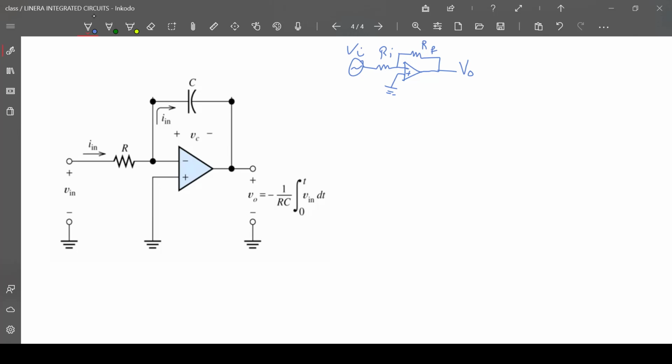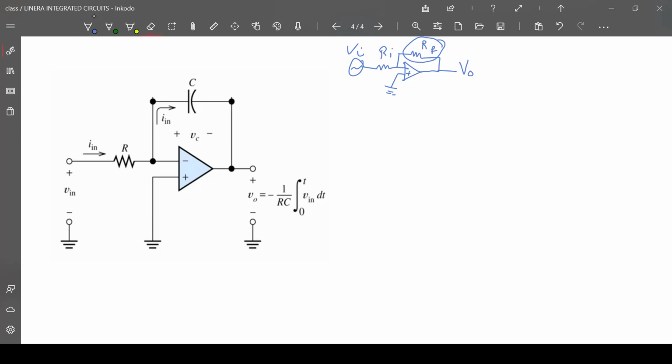Okay, so in this inverting amplifier circuit diagram, I am going to remove this feedback resistance. Instead of that feedback resistance, I am going to replace it with a capacitor. So that is CF. By placing this capacitor CF in the feedback side of the op-amp, I am going to convert the corresponding input signal into the integrated value of that. Okay, so this is what we are going to discuss. The corresponding op-amp circuit diagram for the integration process is shown here.